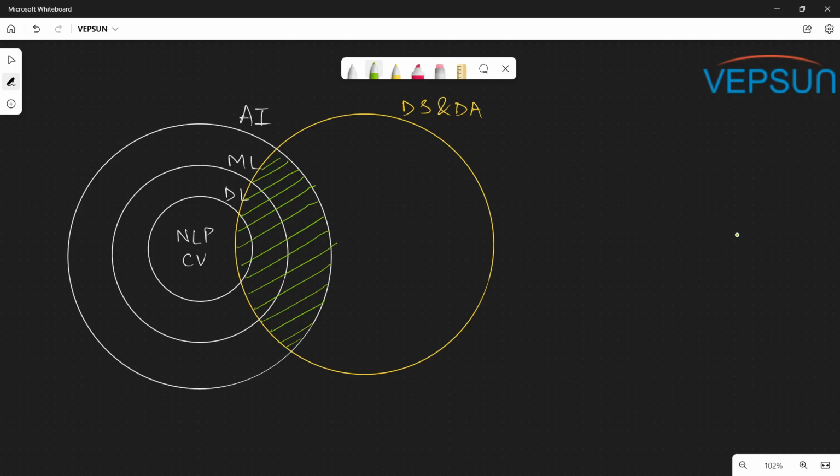But it's not the end here, because if you look closely, you will realize that there is a major chunk of this circle which is still empty. And this is where we have to focus on what exactly you need to know, something which is apart from AI. So the major skills that are required are mathematics. You need to know statistics,